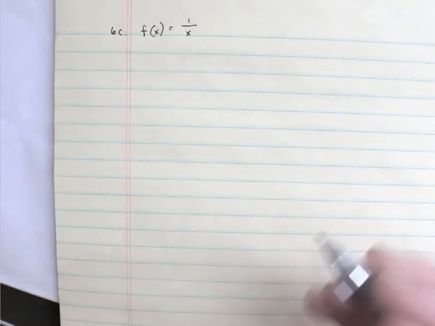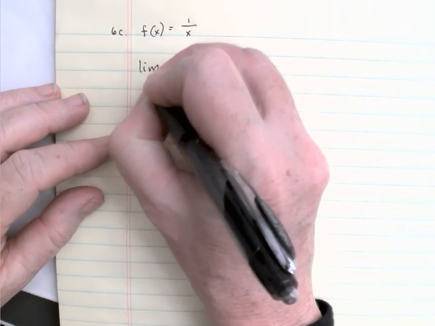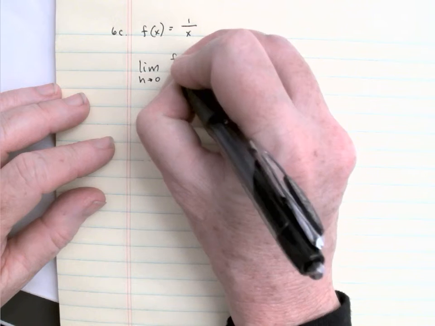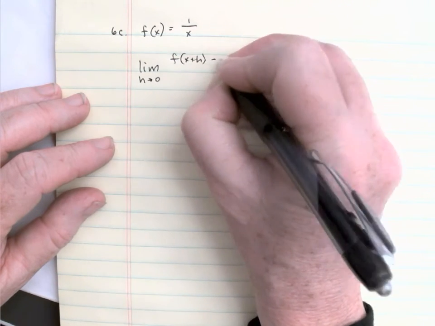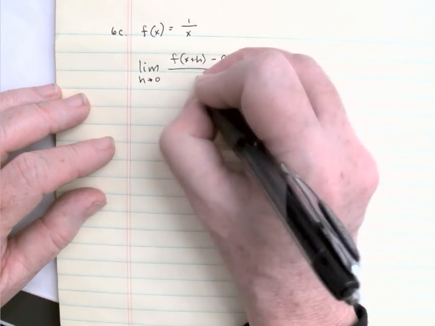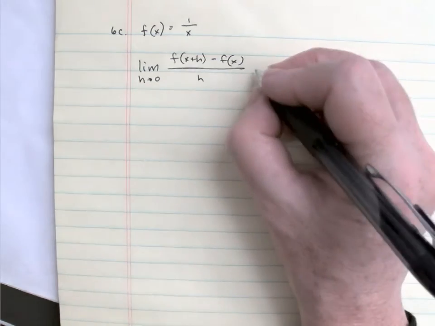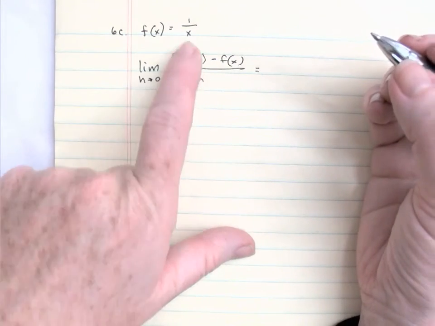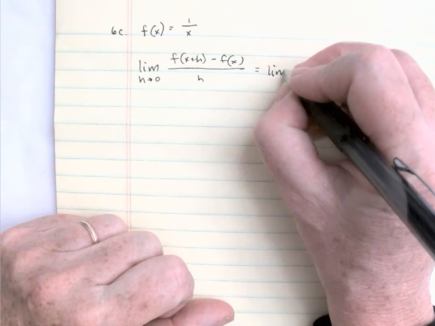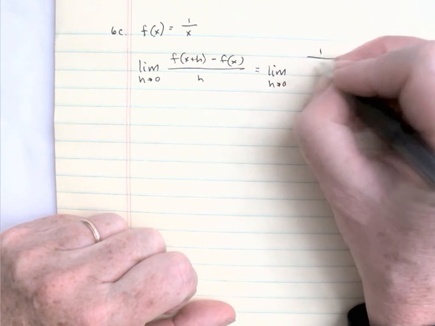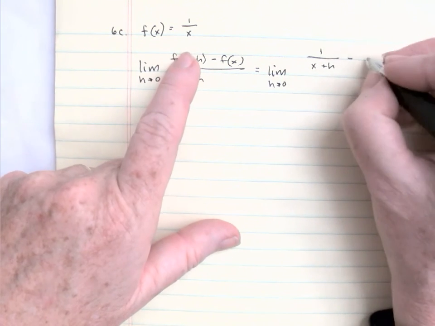For 6c, we'll do the same thing. We are looking for the limit as h approaches 0 of f of x plus h minus f of x all over h is the definition we're using. So now we're going to plug x plus h into our function. So that will give us 1 over x plus h, and then we'll just take the function, 1 over x